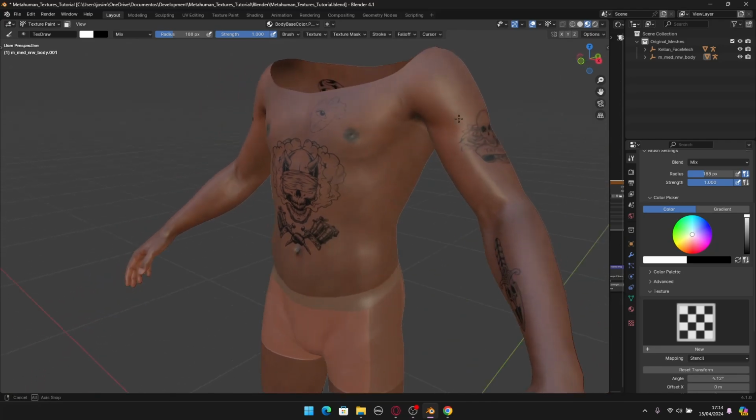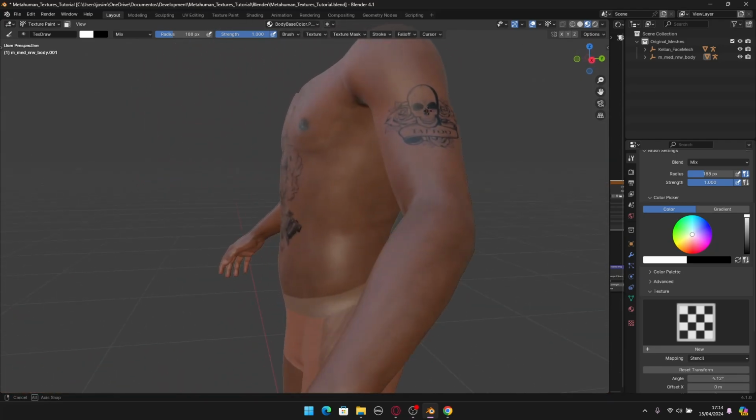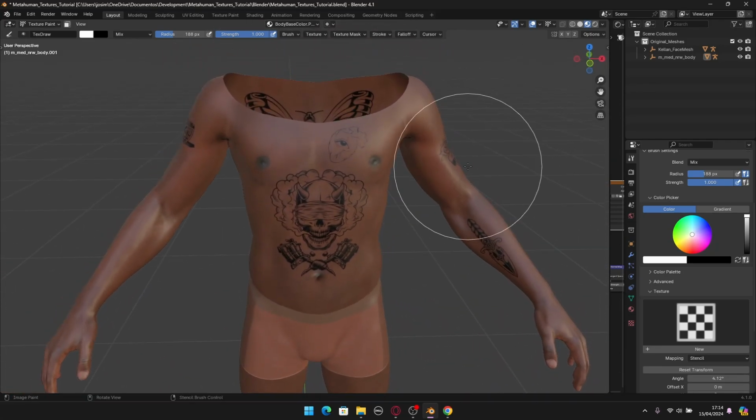Okay, so I placed these tattoos in the character, as you can see, and I placed this using the stencil